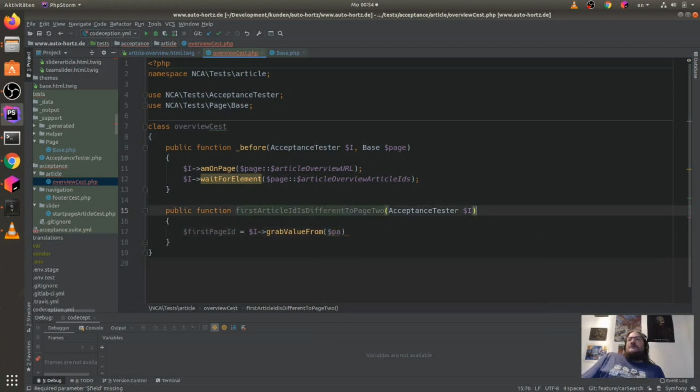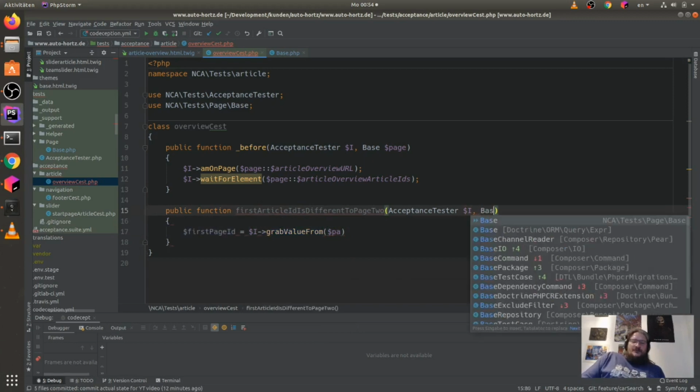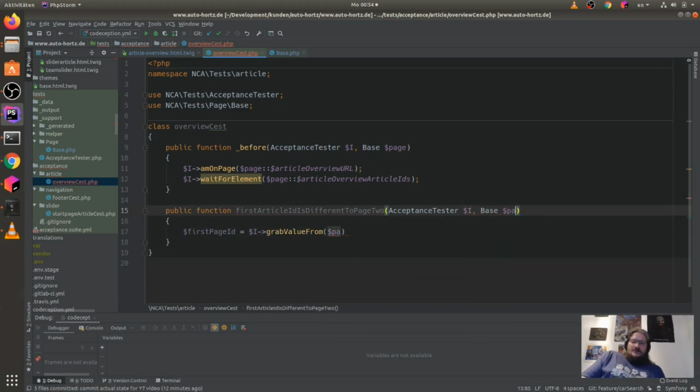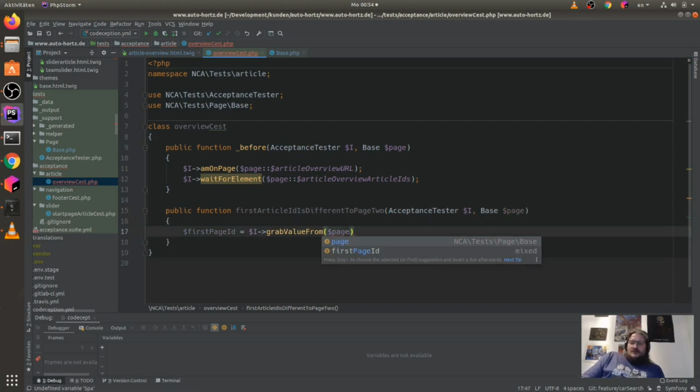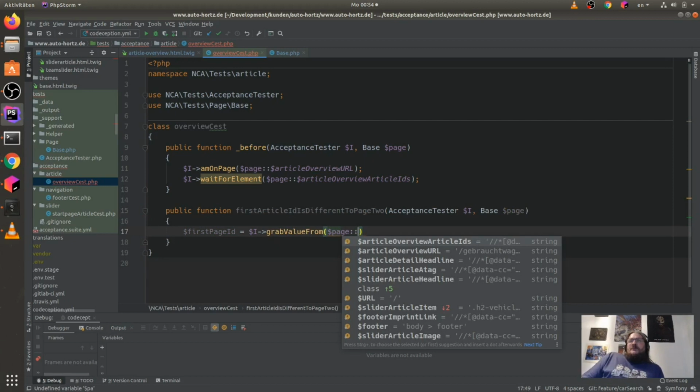I need to add it here. The page. Now it's $page double point, this was the article IDs.